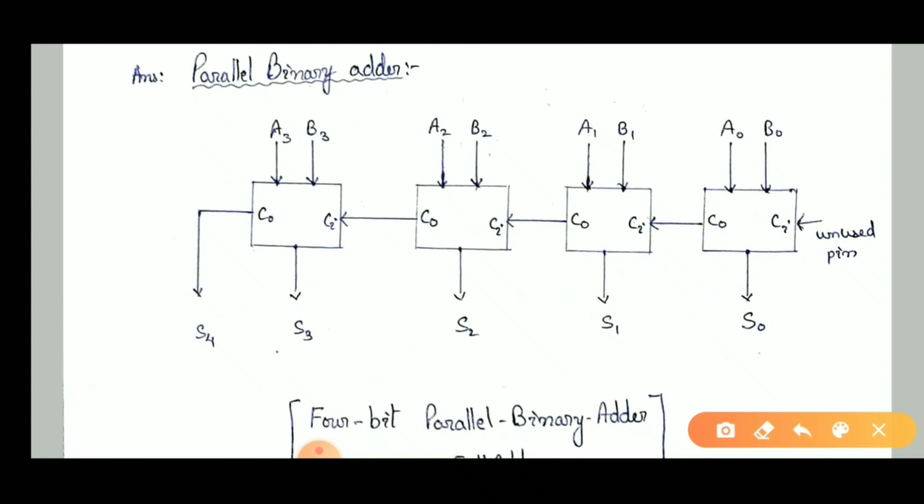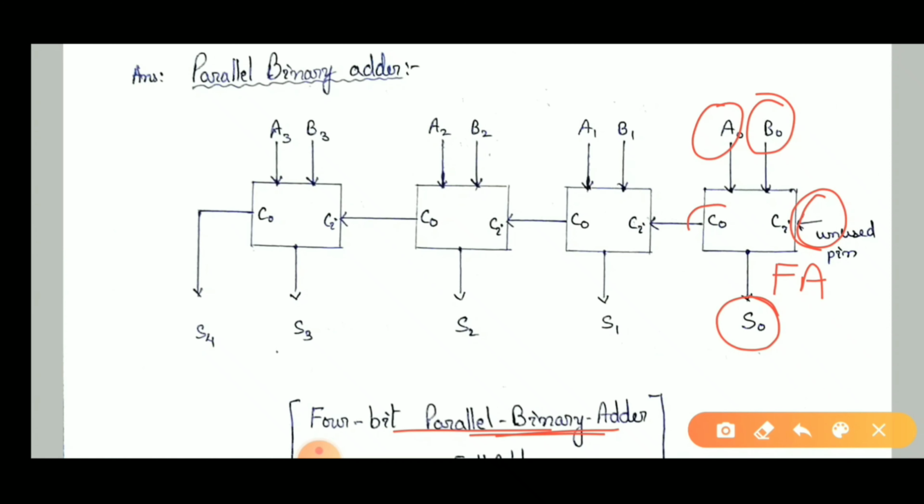Now you see the 4-bit parallel binary adder. This first one is unused, I already explained that. For this full adder, the inputs are A0, B0 and the outputs are sum and this carry. Again, for this full adder, inputs are A1, B1,